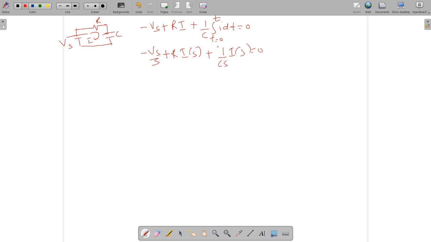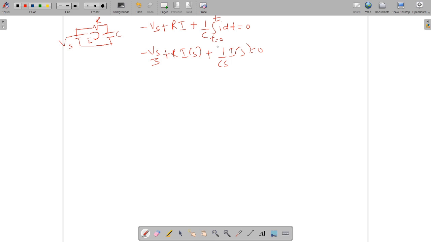If you are taking the ratio of the input variables, that is also called a network function. If you are taking the ratio of the output variables, that is also a network function. Now, what are the variables? When you have voltage and current, these can be termed as the variables. The input variables will be the input current and the input voltage. Similarly, the output variables will be the output current and the output voltage.